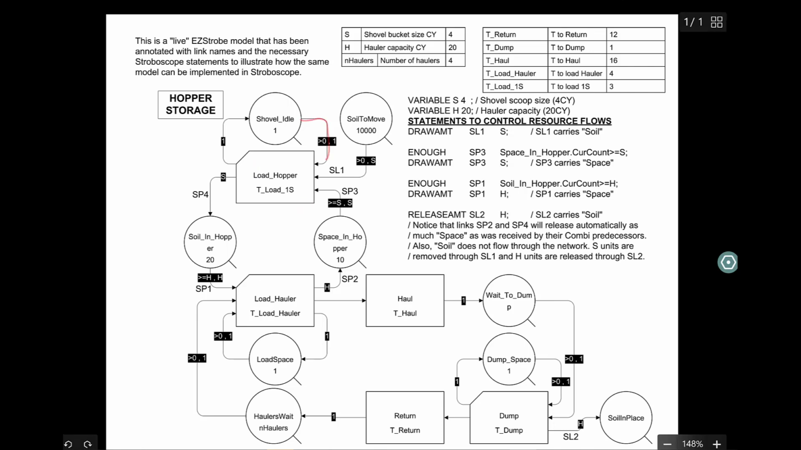Of course, the other links must also have enough attributes that return true, otherwise the instance will not be created. When an instance of load hopper is created, a certain amount of time will pass, and at the end of that, as we see in the EasyStrobe model, an amount of resource S is released through this link, SP4,